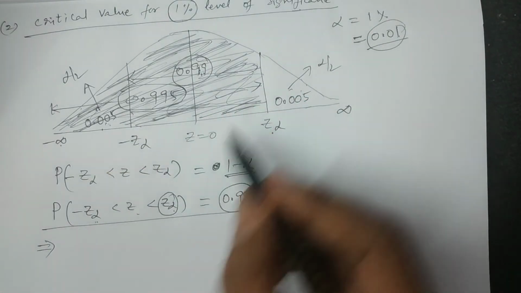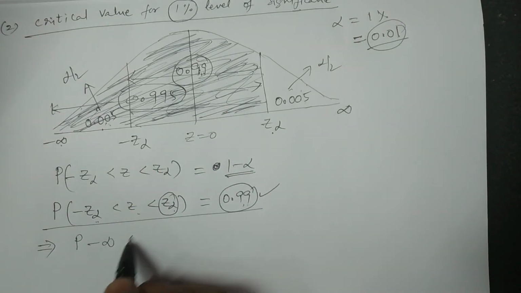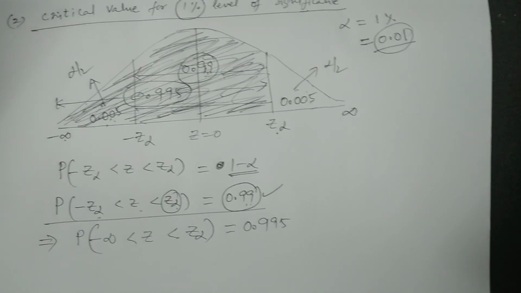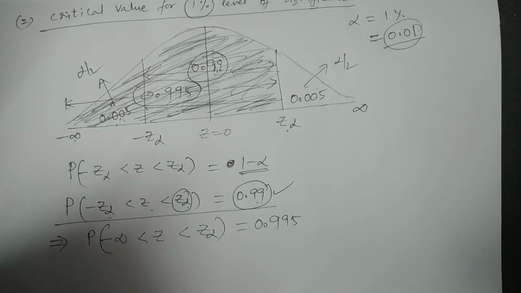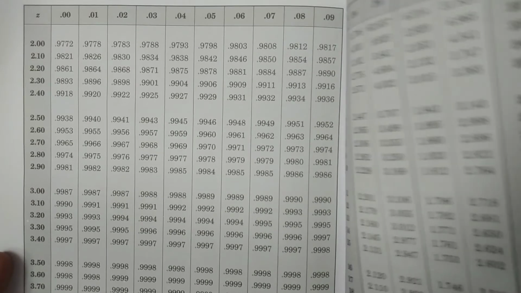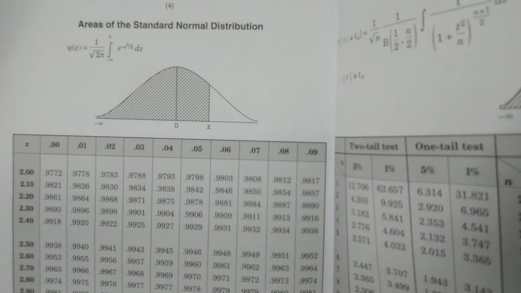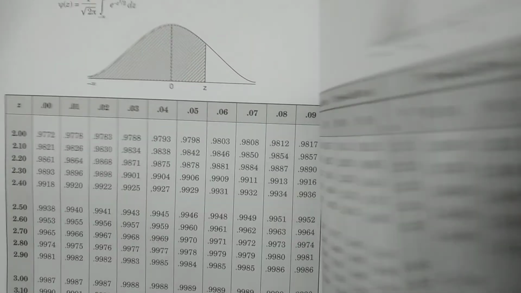Do you understand? Right? So therefore I am writing from the table, from the figure, probability of minus infinity less than Z alpha. Now I have converted as 0.995. Now again I see the table and I explain how you get the Z alpha value from the probability 0.995. You see, I showed you the table of normal distribution. This is areas of the normal distribution tables. I have already explained that. Now I have to find where the probability 0.995 is.